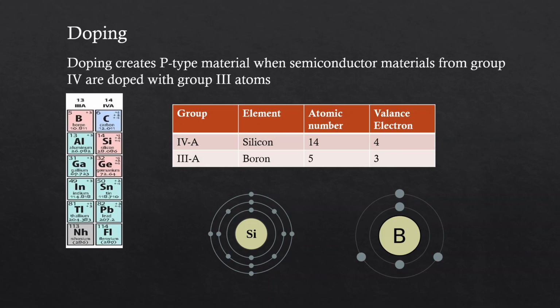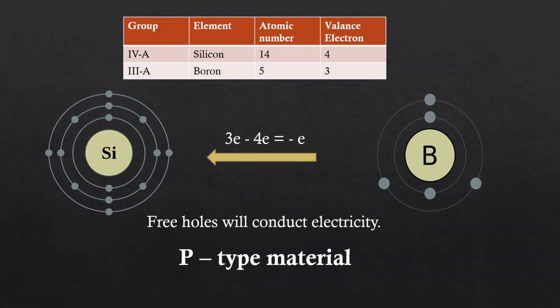So we can create a p-type material as well as we create an n-type material. We are going to pick the third A group, and from there we are going to pick boron, which has atomic number 5 and valence electron 3. So it has 3 electrons in its last shell. So we will get a free hole which will conduct electricity, and it makes this material a p-type material. So I hope you get the idea of how we are going to make intrinsic material into a p-type or n-type material.